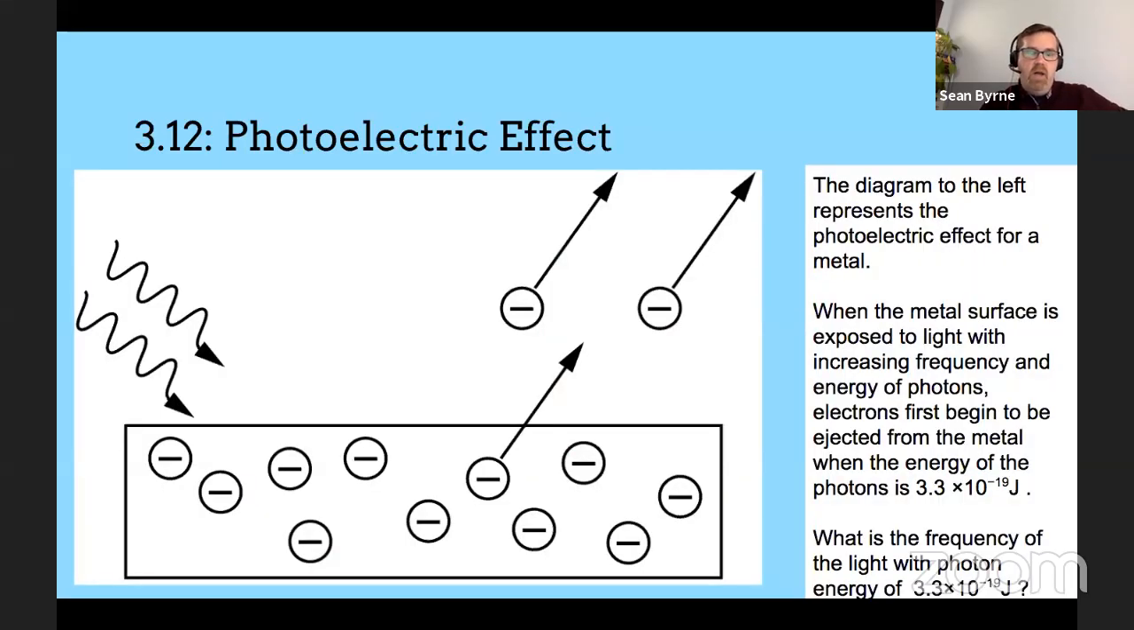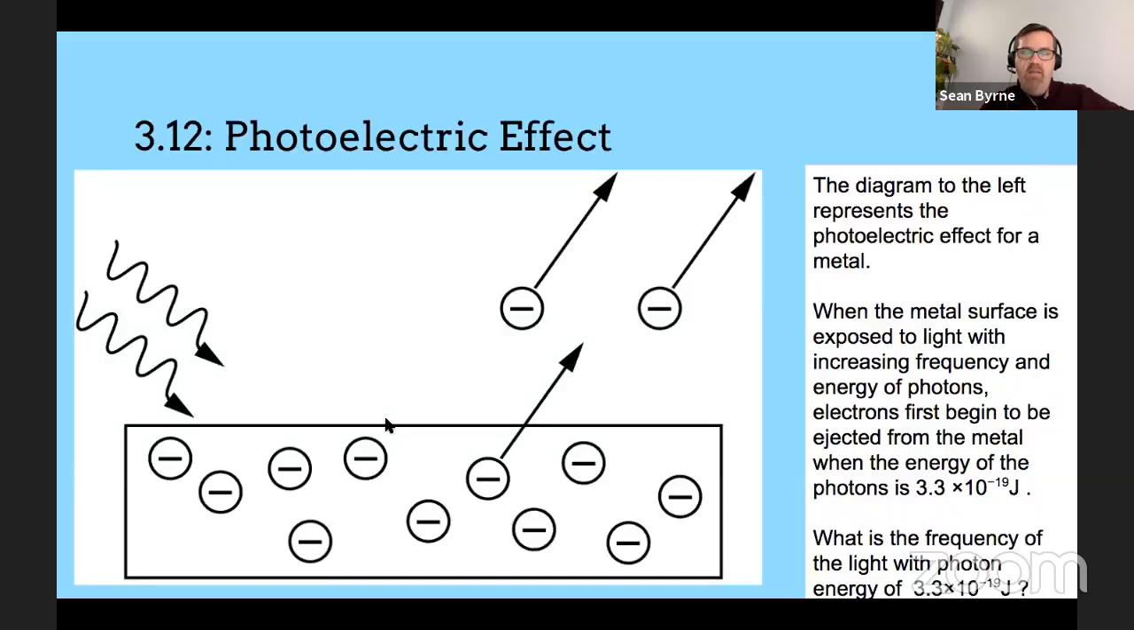So here's a question that came from a sample set that I had. Diagram to the left represents the photoelectric effect for a metal. This also kind of explains what the photoelectric effect is. A metal surface is exposed to light with increasing frequency, and what we would expect is increasing frequency and energy of photons, right? So as this energy gets greater and greater, at a certain point, electrons will first start being emitted